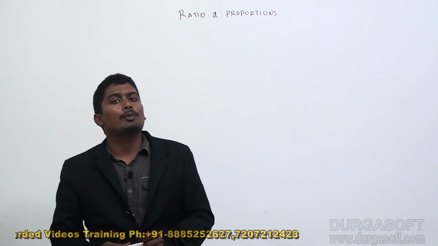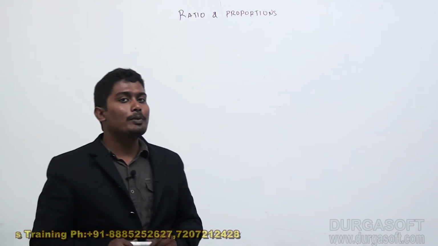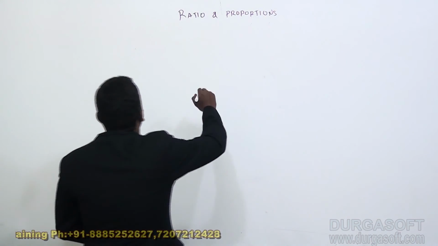We'll be looking at one final problem in ratio and proportion. This final problem is a very commonly asked interview problem. This is where most people will make a mistake. The question goes like this: